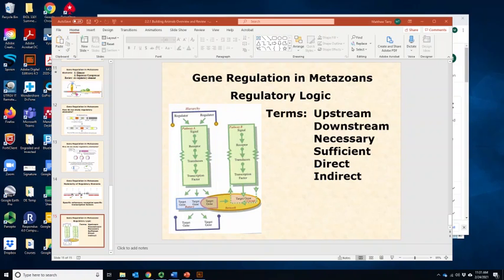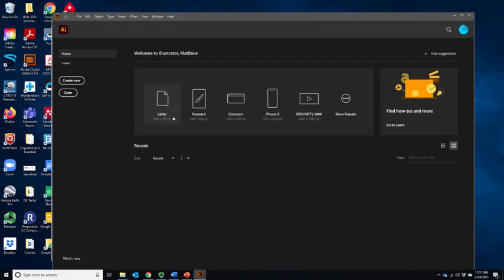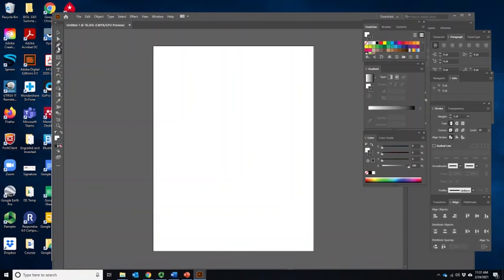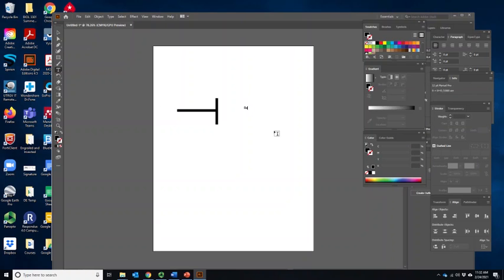So typically, rather than an arrow, we draw it like this, where there is a line, and then rather than an arrowhead at the end, we do just a perpendicular line, so something like this. All right, so there we go. So you'd have something like that. I know it's a little bit of a silly thing, but there we go. So that would be something that indicates an upstream gene that is a repressor,